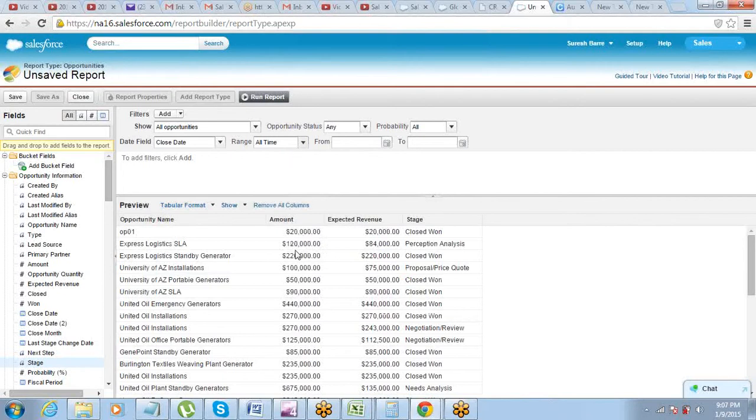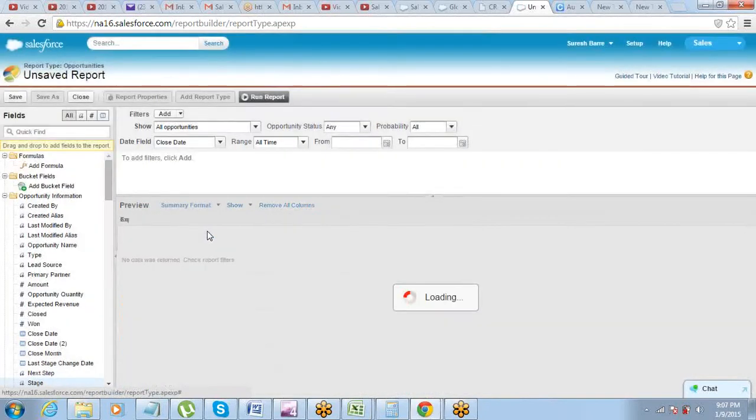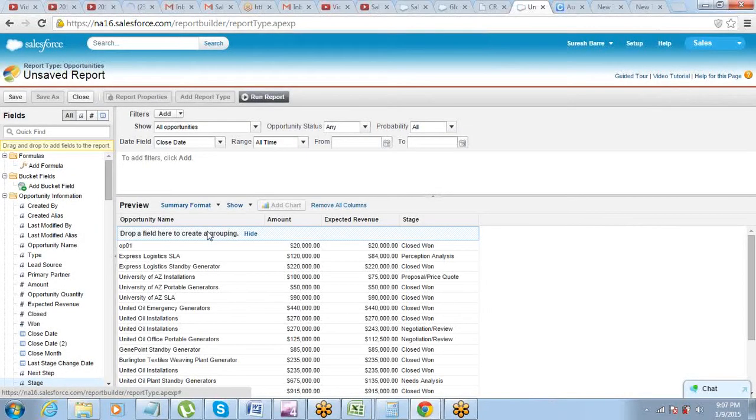Okay, so this is a tabular report. Now I have been asked to summarize the data based on the stage. So how many closed won, how many perception analysis, how many proposal price quote, right? For that you just have to go here and change the format. Right now it's tabular format, you just have to make it a summary format. The moment you make it a summary format, you start seeing a drop field option here.